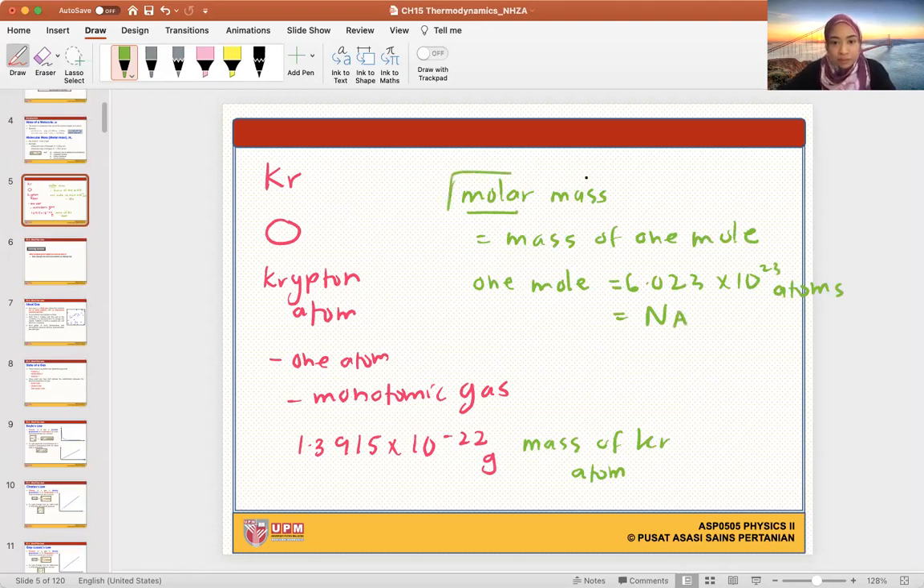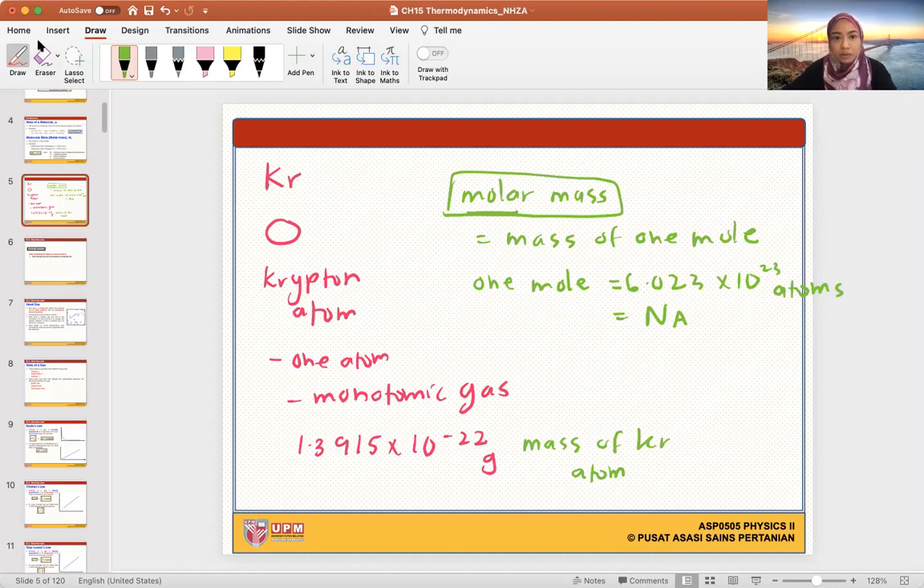How do we find the molar mass? It means that we need to know what is the mass of 1 mole, right? Mass of 1 mole. I have the mass per atom. I want to know what is the mass of 1 mole. So if I know the mass of 1 atom, so I'm just gonna